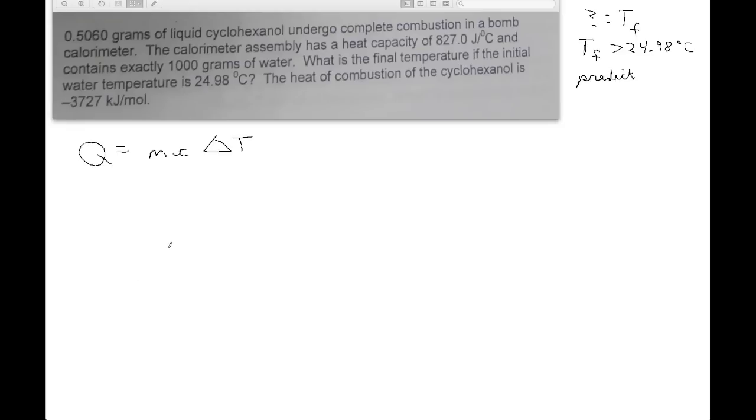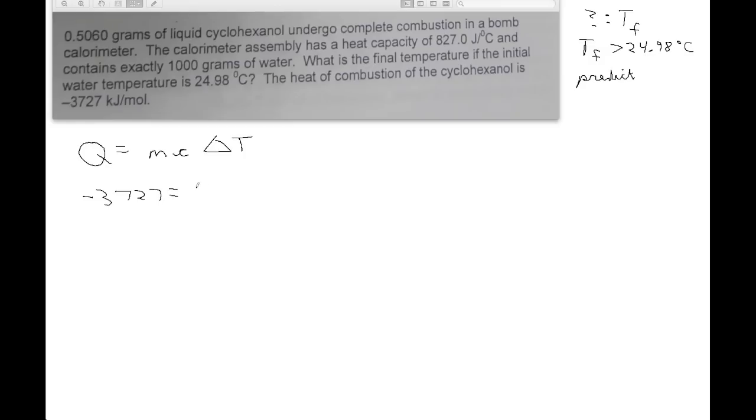But we do have 1,000 grams of water. And since we know that the heat of combustion of cyclohexanol is negative 3727 kilojoules per mole, that would be Q, so negative 3727 is equal to MC delta T, where 1,000 times 4.184